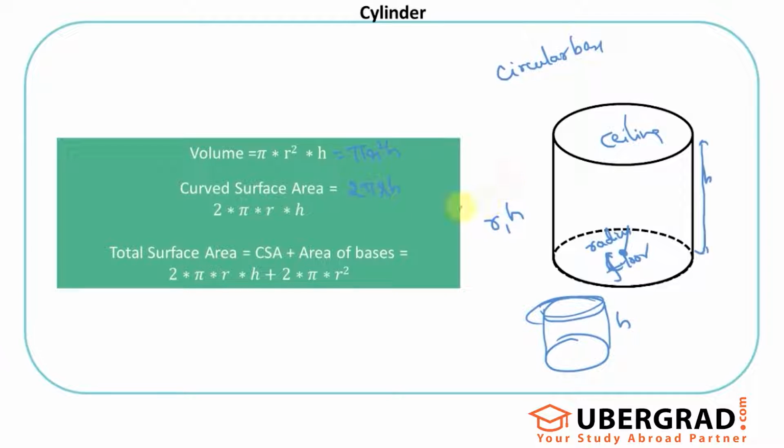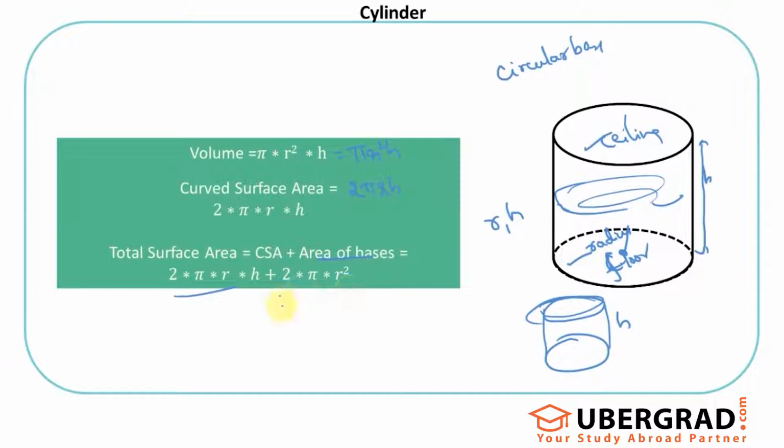Total surface area is obviously the curved surface area. Here we call it curved surface area, not lateral surface area, but that's okay. Don't try to remember or figure out, because it's a curved figure, here it's a curved shape around it, that's why we call it curved surface area, whereas those are lateral. But it's okay. The curved surface area is 2 pi r h, plus the area of bases